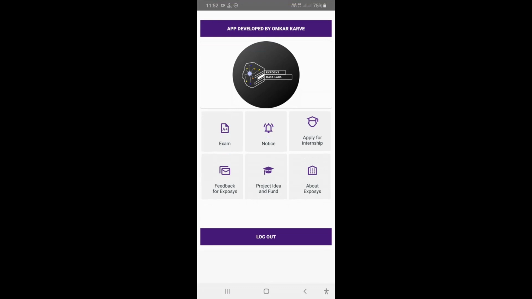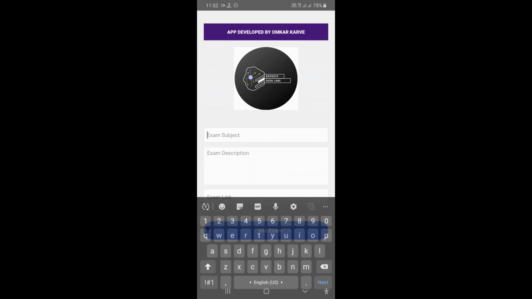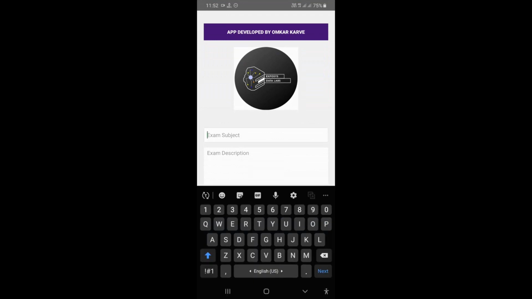Coming to the exam section, here the admin can add the subject, like web development exam, and you can also add a few words about that exam, like 50 questions for 50 marks.